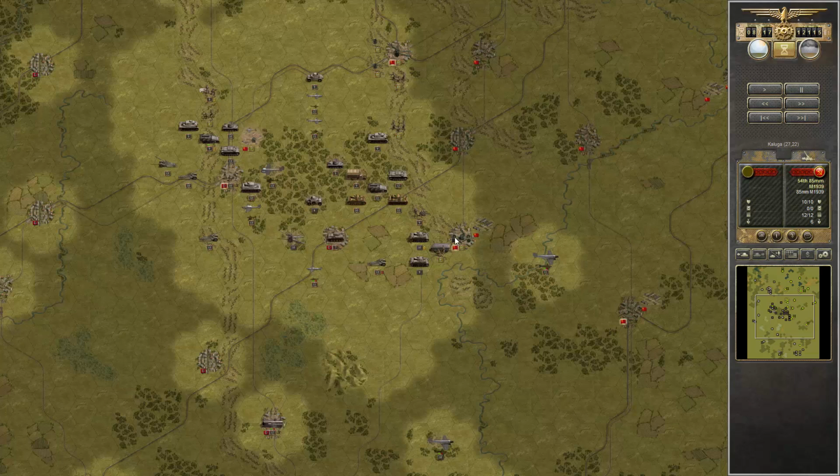Yeah, we hit the second defensive line. We already breached it. And most of our forces are already way past Vyazma. There's still resistance to clear out there. So especially a lot of my artillery is still in the back. And yeah,